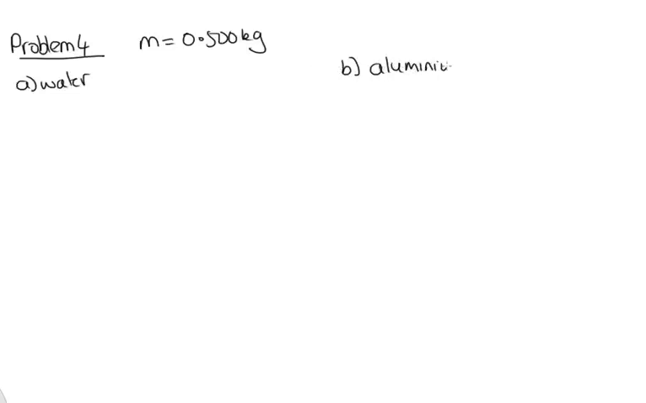Problem 4. In this problem, we're asked how much heat do you need to add to increase the temperature of 500 grams, so the mass is equal to 0.500 kilograms of, first of all, water, and then for part B, we're going to do aluminium. And in the question, we're told that the change in temperature goes from the initial temperature to the final temperature. The final temperature is 50 degrees C and the initial temperature is 10 degrees C, so it's a change